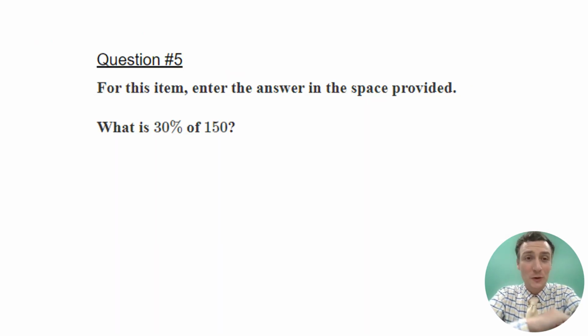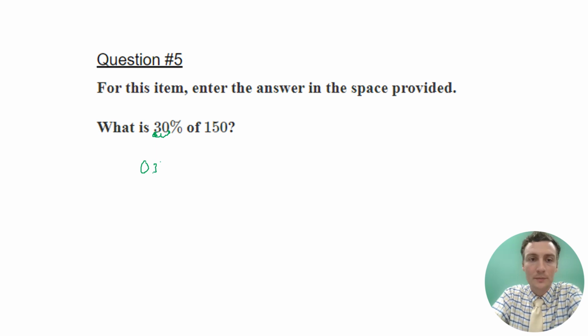All right, our first question that asks for a percent of a number. Don't be scared by this one. If you know that Desmos calculator trick, you can use that here. But if you do not, then what we can do is just multiply by first converting this percent into a decimal. So 30%, my decimal would be right here in the percentage, and I would need to move it over 2 times to be right here. Oh, my little arrow wasn't very good there. There we go. Move it over 2 times and I get